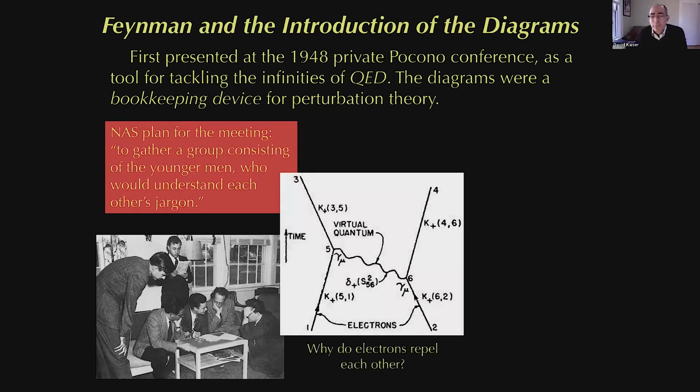He was one of the informal speakers. This is actually from his first published example. We know from notes that were taken, he was scribbling very similar things on the blackboard. And he was trying to motivate for his colleagues how they could try to understand at a quantum mechanical level why it is that, for example, electrons repel each other.